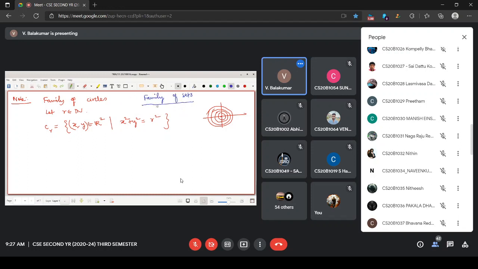Is it okay? Instead of A1, A2, A3, A4, here you are having C1, C2, C3, C4, infinite circles you are having. Each circle is having radius R, centered at 0, 0. Is it okay? Sometimes you have this also.